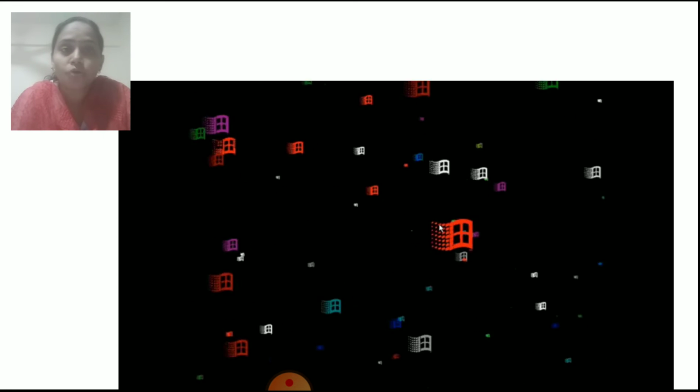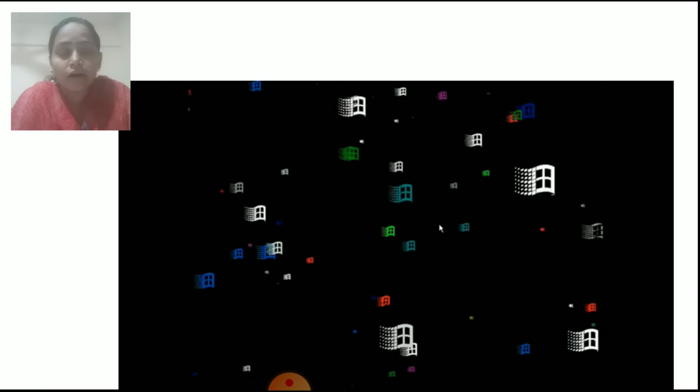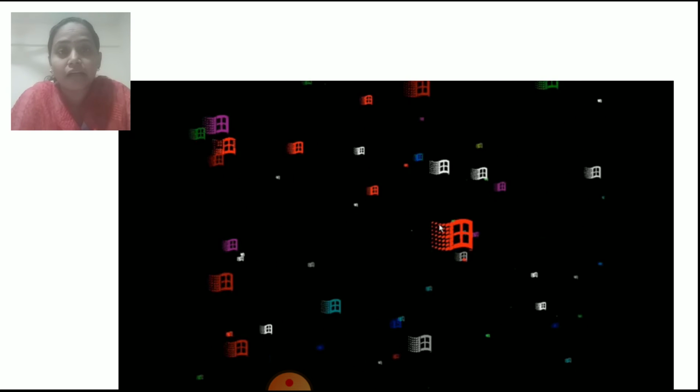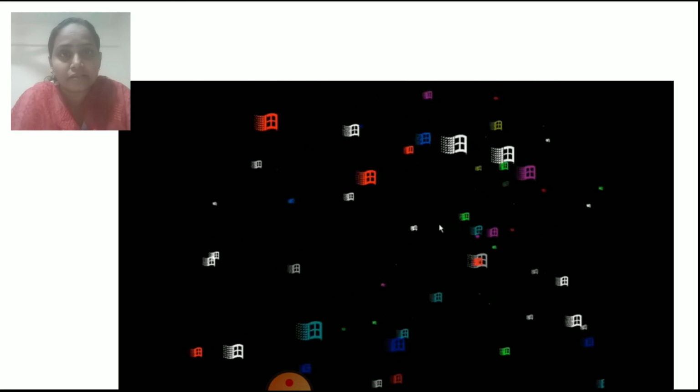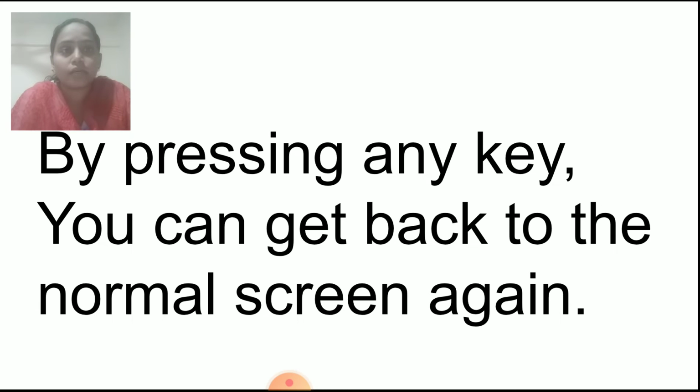That is called a screensaver. Now how to change the screensaver, or how to set the screensaver, that I will teach you now. To come out of this screensaver, you have to press any key or just move your mouse. You will get back to the normal screen again.